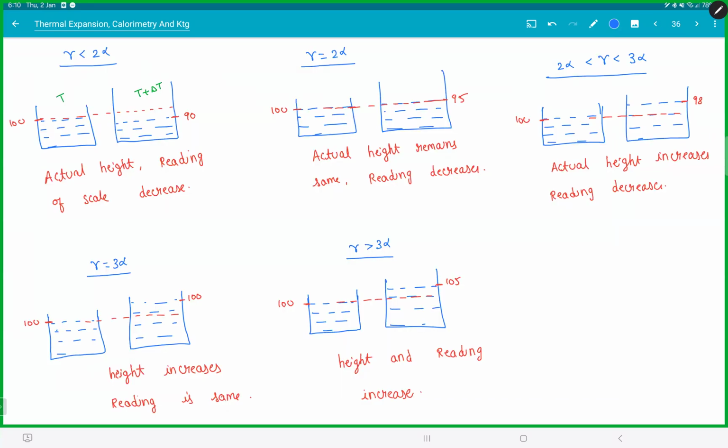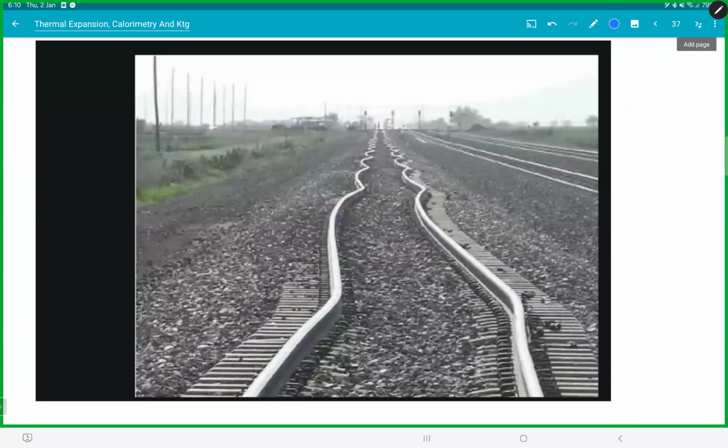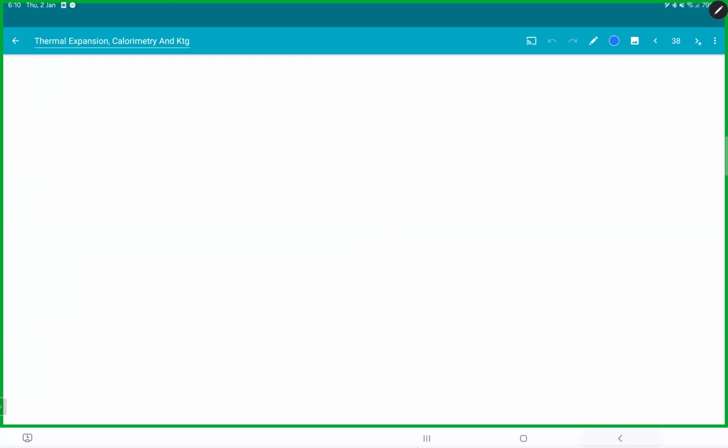So this is something about liquids. Now, actually, there are a few more questions, but they will come in fluid mechanics. So we will be handling them later on. There are questions based on elasticity and fluid mechanics in this thermal expansion. We will see them in respect to chapters. There are a few more models which we couldn't do right now. Next thing